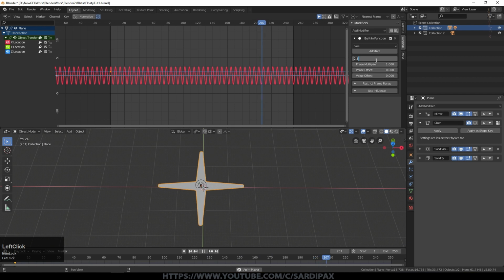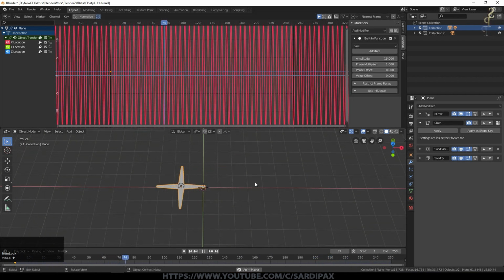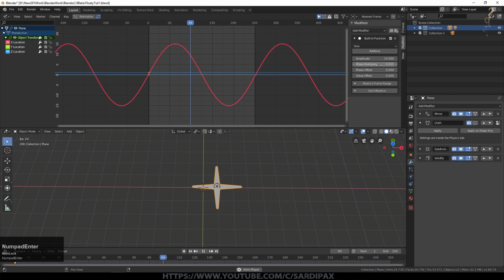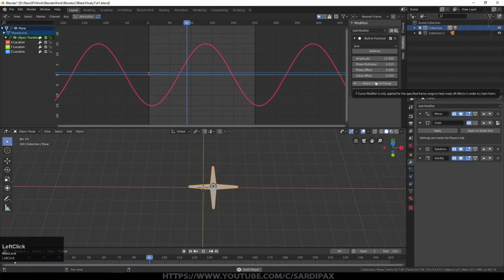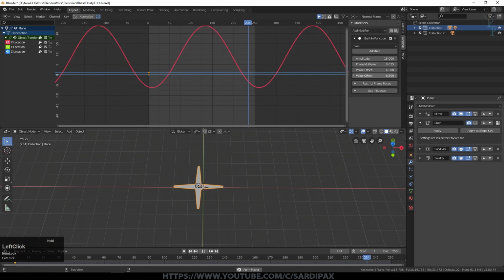In fact, I'm going to go up to 15. So it's shooting backwards and forwards. But I'm going to change the phase multiplier to 0.025. Now you can see it's moving quite slowly. Generally put a random phase offset on there, it doesn't matter too much. And if you want to move it from its center point, you can use an offset like that.